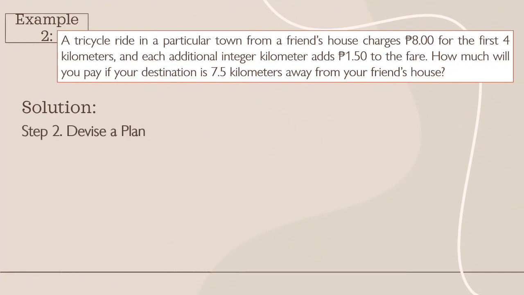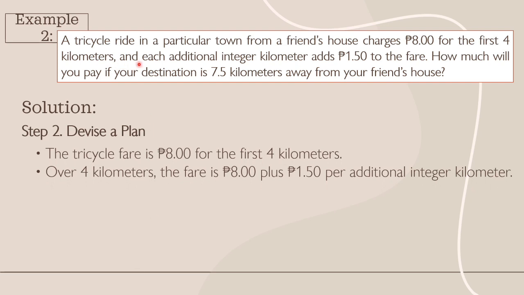And step 2, devise a plan. So in this problem, we can create 2 conditions. The first condition, the tricycle fare is 8 pesos for the first 4 kilometers. Second condition is over 4 kilometers, the fare is 8 pesos plus 1 peso and 50 centavos per additional integer kilometer. So what will be now the